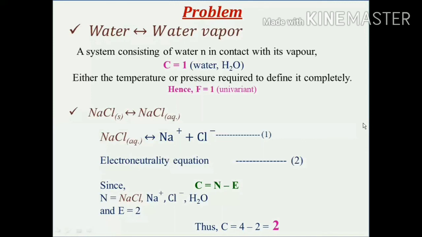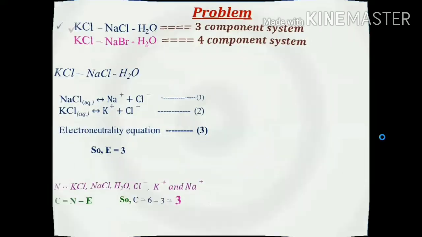So the first step is to write down the different components in the system, and then look for the number of equations that can be written to represent that entire system. The second part is you write down all the species which are present in the system. You count the species, and definitely you'll land up with the number of components from that information. Okay, let's move on to the next problem.